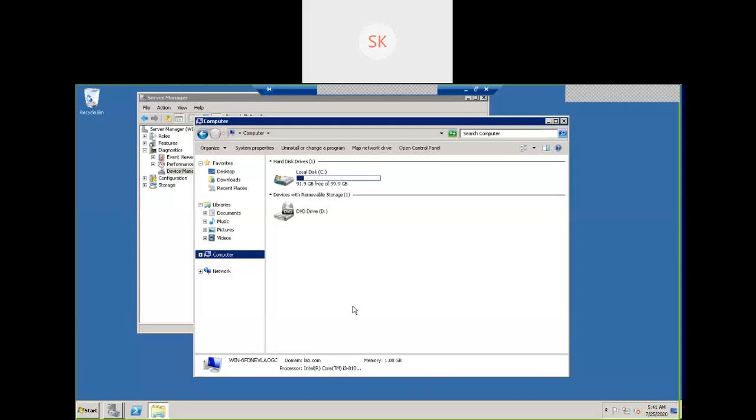So the C drive, wherever we install an operating system, should have sufficient free space available for the server to function properly. Here the server's C drive has 91 GB free space. If the free space is down to 1 MB or 2 MB, you are not in a position to power on the server. The server is not going to function.